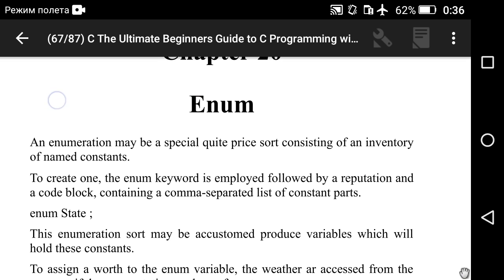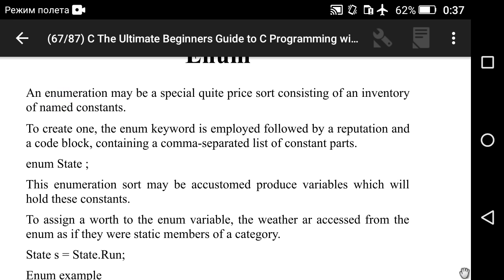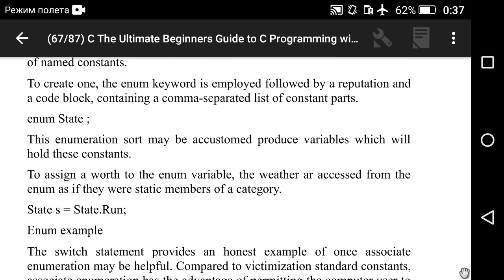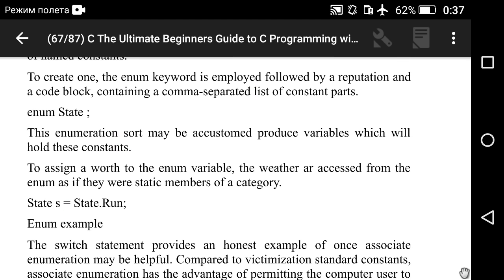Enum. An enumeration is a special value type consisting of a list of named constants. To create one, the enum keyword is used followed by a name and a code block containing a comma-separated list of constant members. enum State.